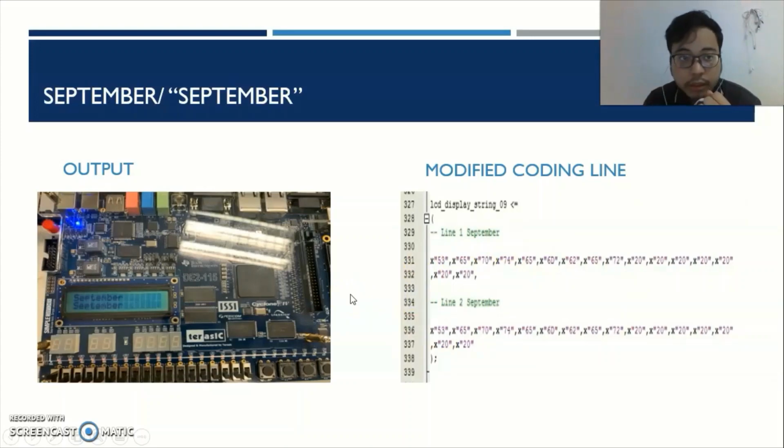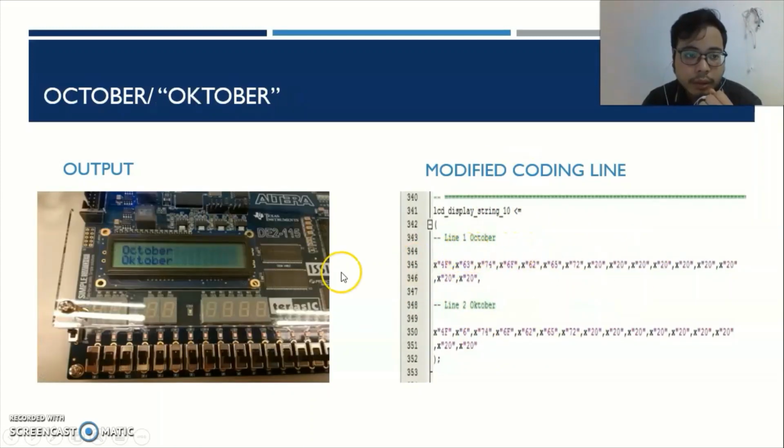Next, we got September correctly in both languages based on this modified coding line. Now we got October in English and Malay correctly, because this is the combination of char data hex value